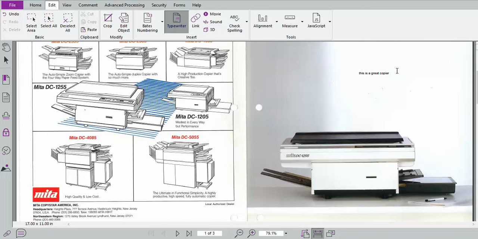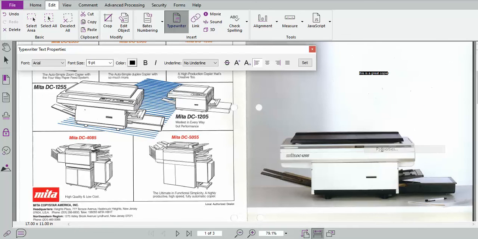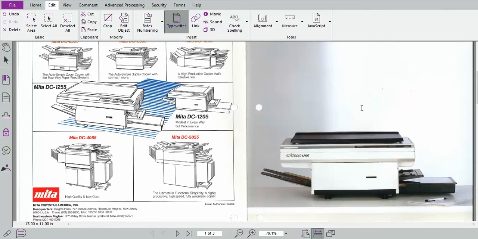This is a great copier. I'm going to drag my mouse, yeah, I'm doing a real good demonstration here, right? There you go. So when you see that blue box, you've captured that area. And I'm going to go inside that box now. Now I'm going to drag it. Now I'm going to go to Properties. And then I'm going to increase that portion of the